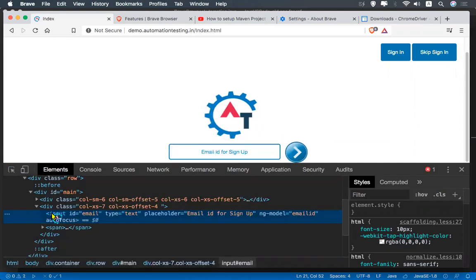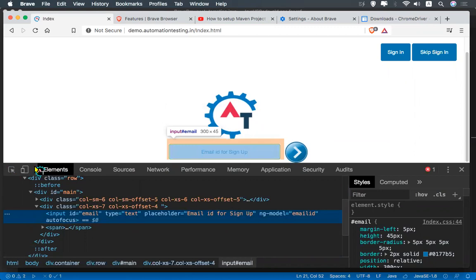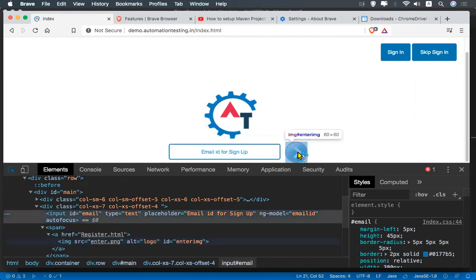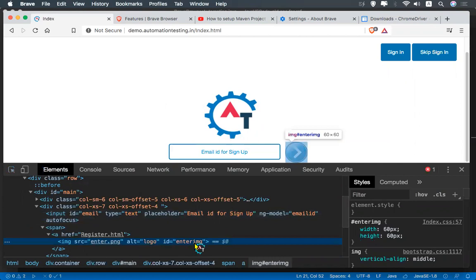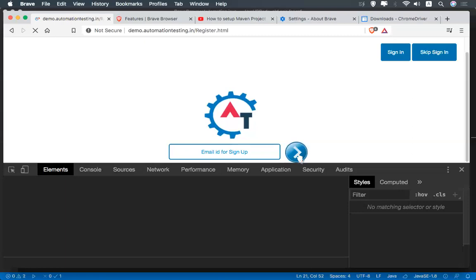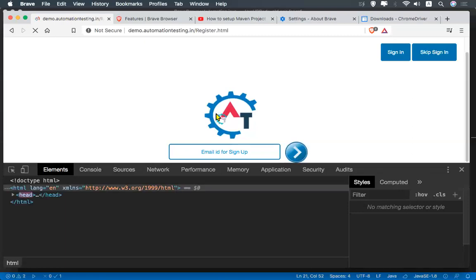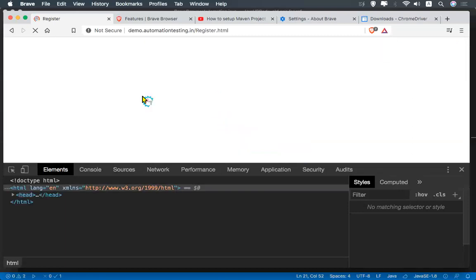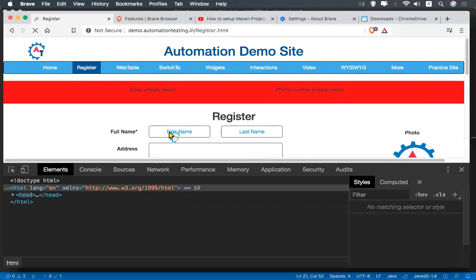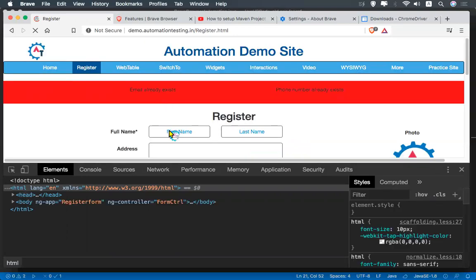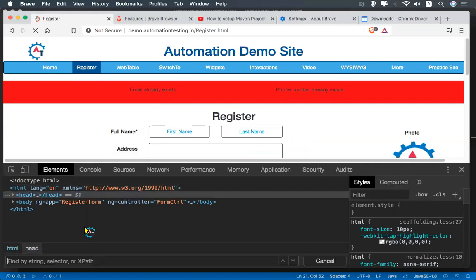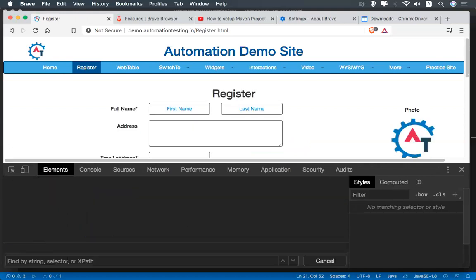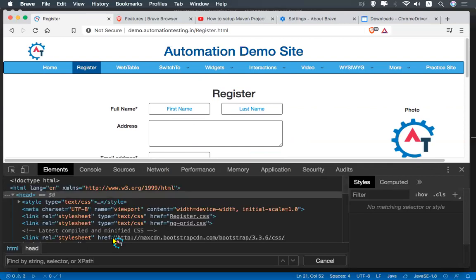you see that input ID equals to email. In the same way, if I inspect this, ID equal to enter IMG. When you go to the next page, here also, when you inspect, you can search here, how you do in the Chrome.